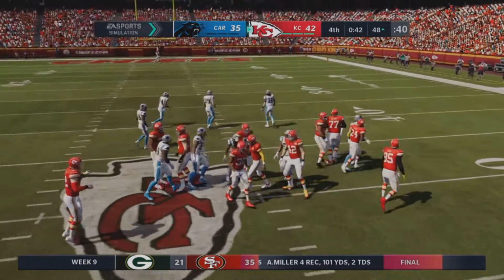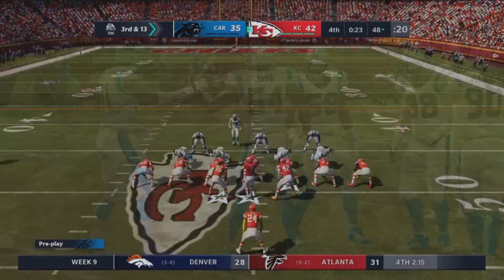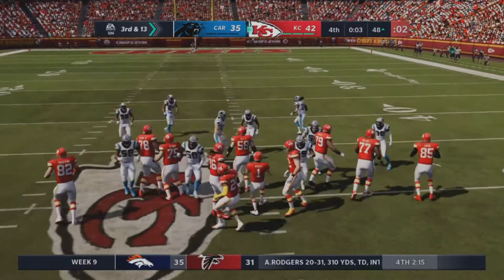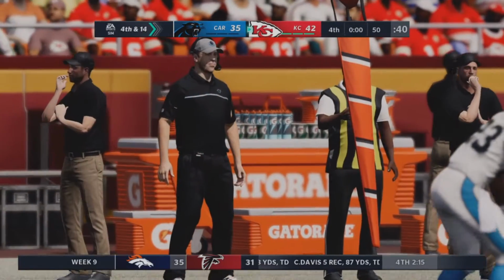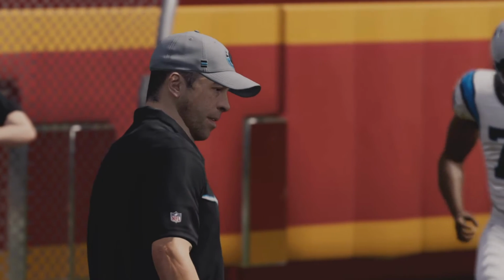Clock counting down toward 40 seconds as they take the knee. So time to start going in the other direction as they come up now 3rd and long. Down to a knee goes Murray as that will just about wrap this thing up. Well, they certainly didn't appear to be fired up about their options throwing the football. So to me, this seems like a case you just got to take